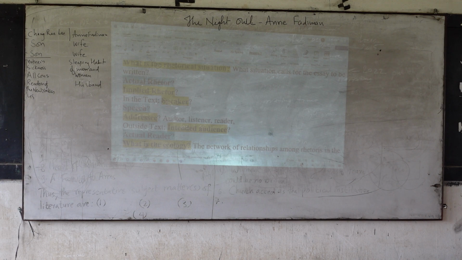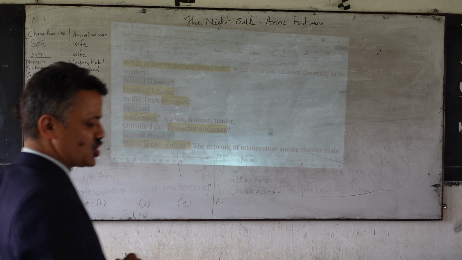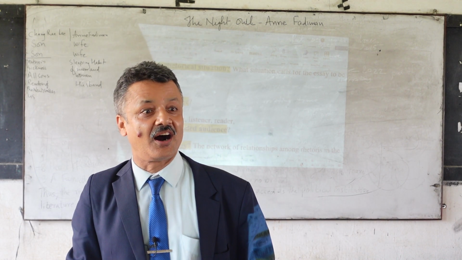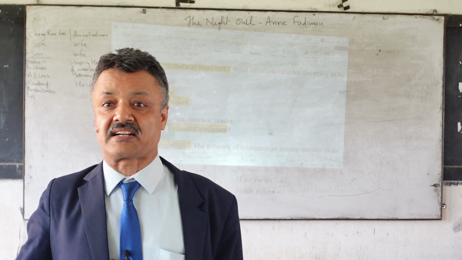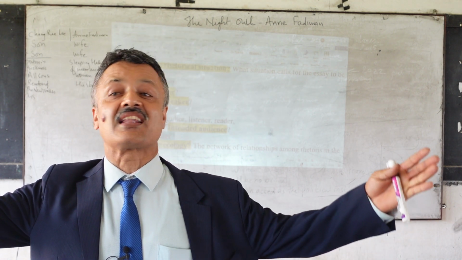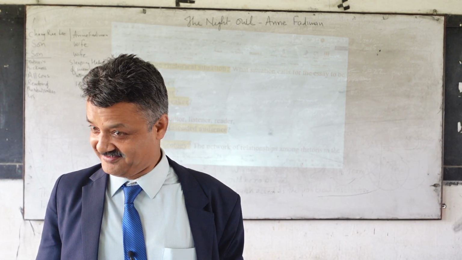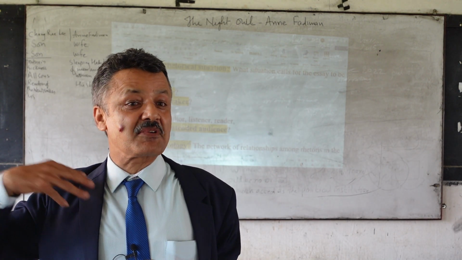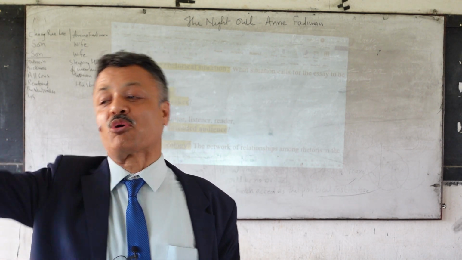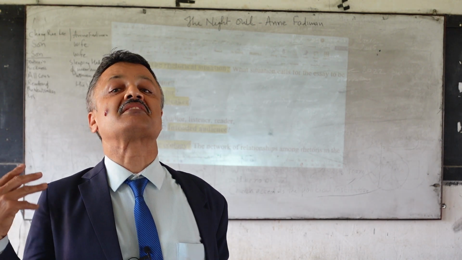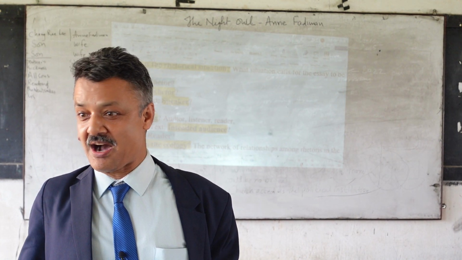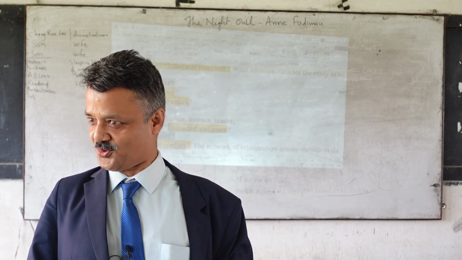And then she says that George is the lark and I am the owl. She begins by saying that George is the lark and I am the owl. And then she goes on saying that I am talking to all the larks in the world, and I am talking on behalf of all the owls in the world. I represent the owls. And I am talking to larks. Who are the larks?